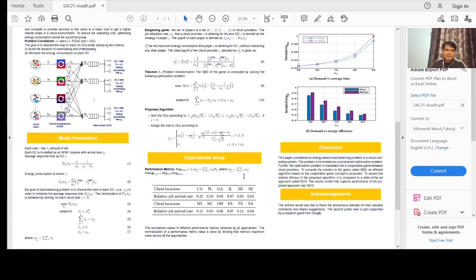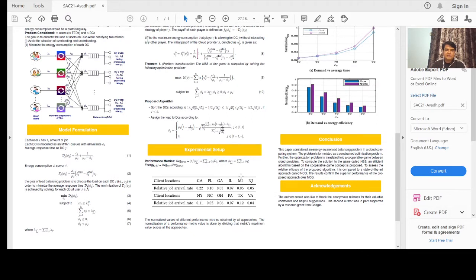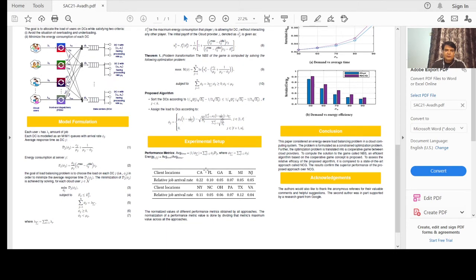So that is the algorithm that we have proposed, and in order to evaluate its performance, we have considered two different performance metrics, that is average time and energy efficiency. Average time is defined using this. Energy efficiency is basically the average cost divided by average time. In this experiment, we have considered an open source data set. We have considered 12 different client locations, where the users are situated, and their relative job processing rate is given here. We have also considered some different data centers, whose configuration I have not shown in this